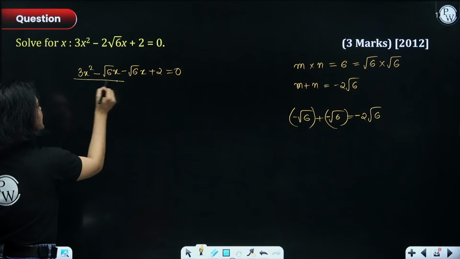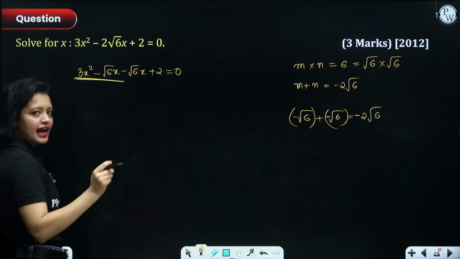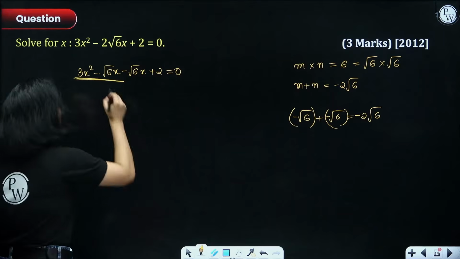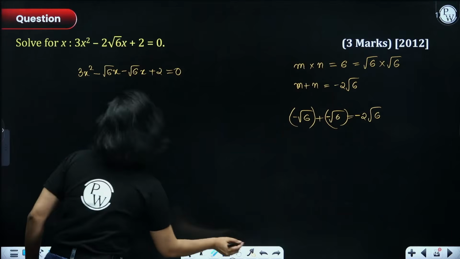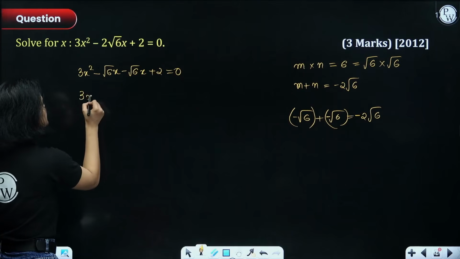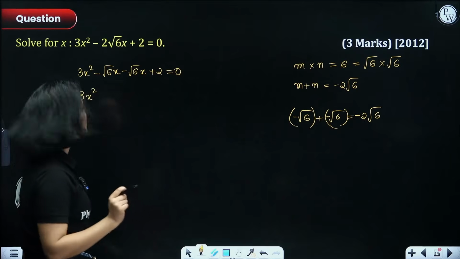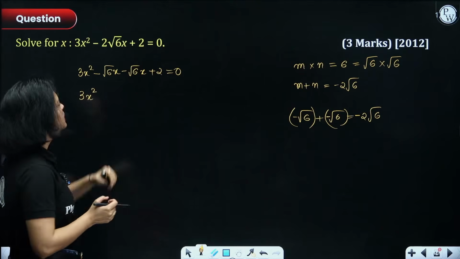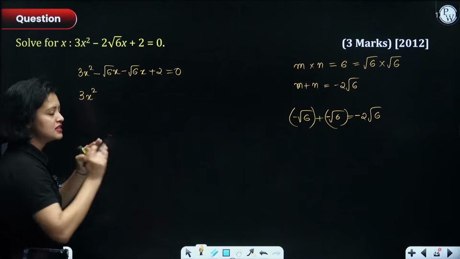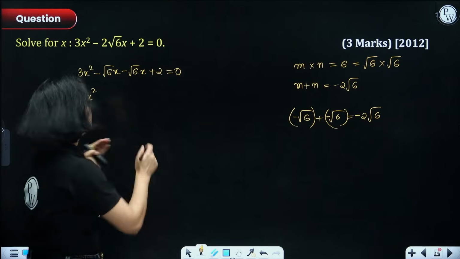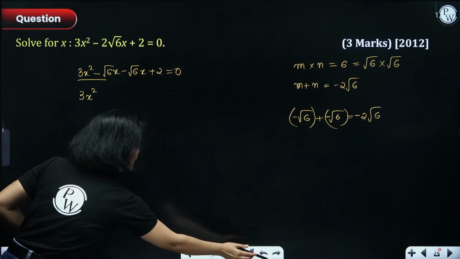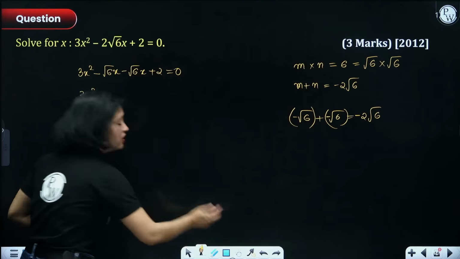Here, what can I take as common? Again, a big question. Now, think about it. I'll write this so that you people understand. Since I am unable to find anything common, I can take x as common. I can do that. But whatever you get inside the bracket should be the same for both of these, right? So if you don't take something common here, you will get stuck.